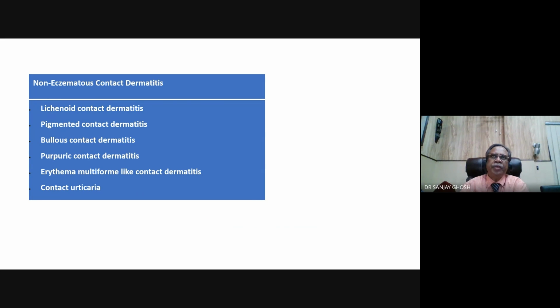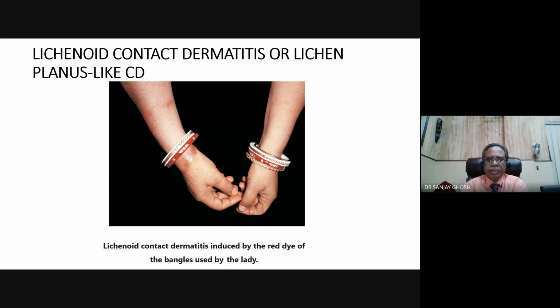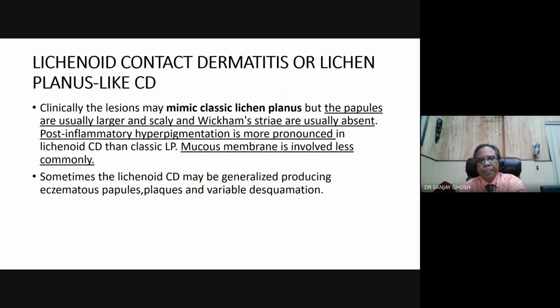Now, these are various forms of non-eczematous contact dermatitis: lichenoid contact, pigmented contact, bullous contact, purpuric contact, erythema multiforme-like contact. These are the bangles, nowadays made of plastic materials. This was previously called pola. That is a bit inert, but nowadays not available. So all are plastic bangles. These can give rise to lichenoid eruption, and we have seen chemical vitiligo from this type of bangles. And now this lichenoid contact